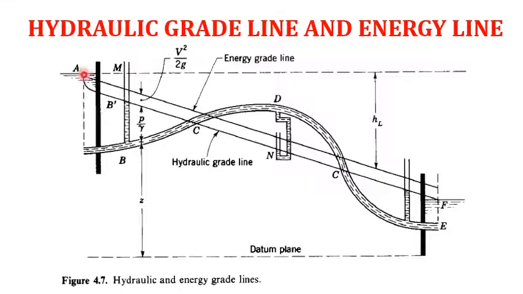Now let's discuss the energy possessed by the particles at point A. As we know, there are three forms of energies: potential energy, kinetic energy, and pressure energy. So pressure at point A is atmospheric pressure. As we consider the gauge pressure, it is taken as 0, and the velocity of particle on the water surface is also negligible. So mainly the energy possessed is the potential energy. Now the particles, upon entering the pipe, their energy changes from potential energy to pressure energy and kinetic energy.